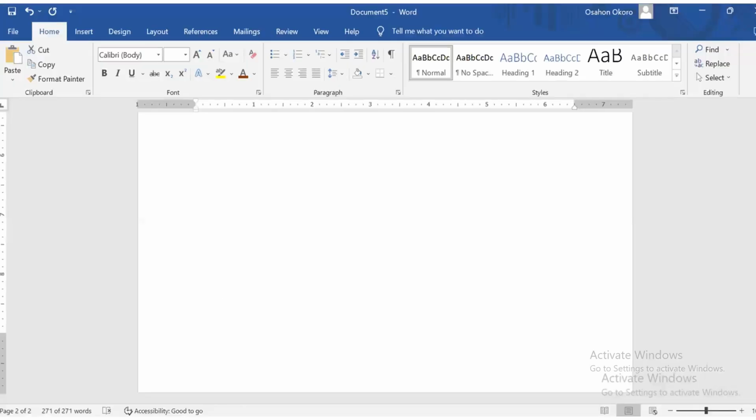Now, when you open your Microsoft Word environment, this is exactly what you're going to see. Most of us back then are not really familiar with most things we see now, so you may be feeling a bit confused about some characters and some functionalities. Before now, we all need to understand that, or if I want to pause this video now and ask yourself, what is the name for this? Most times when we open Word, this is what we see, and next thing we start typing. And if I ask a question now, what is this called? Most of us don't know.